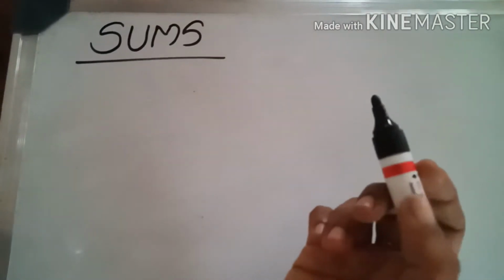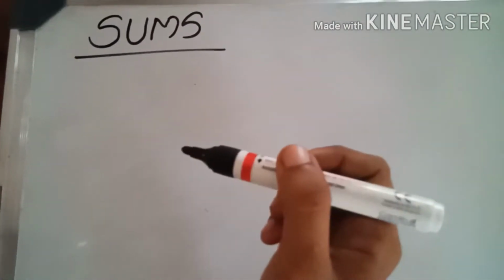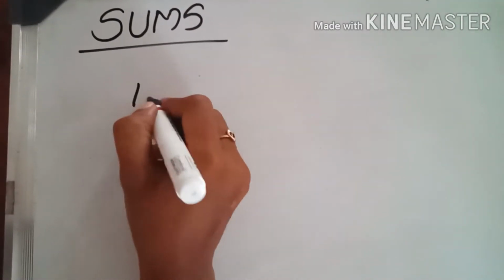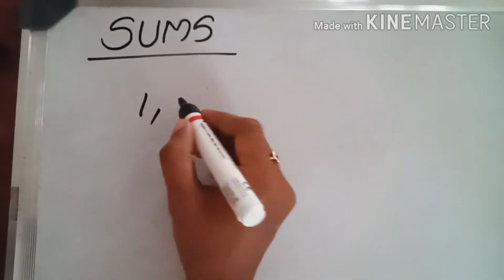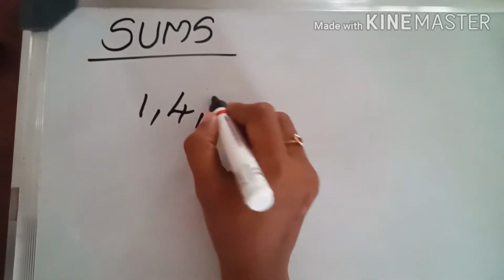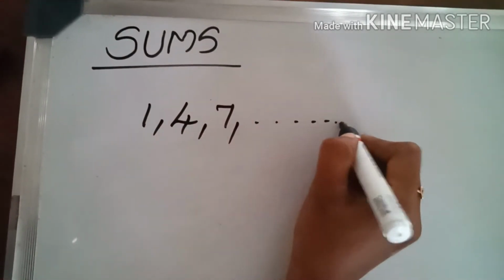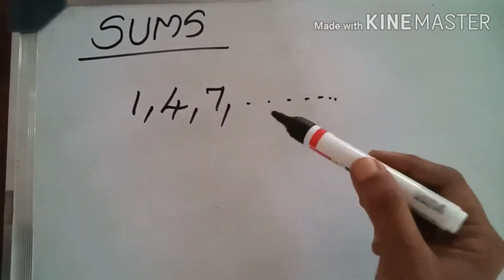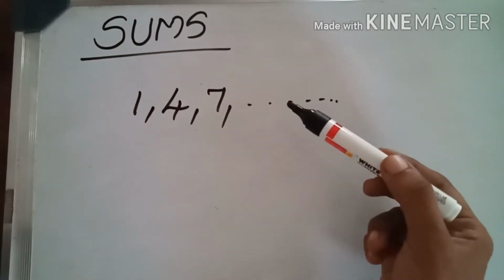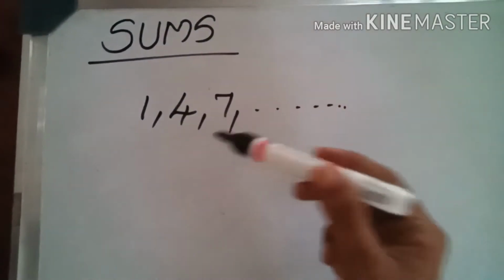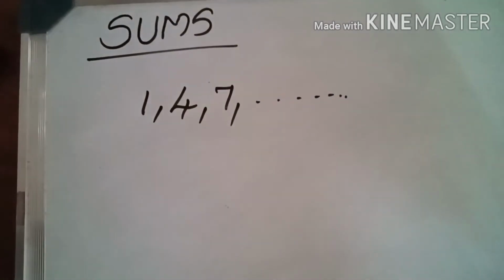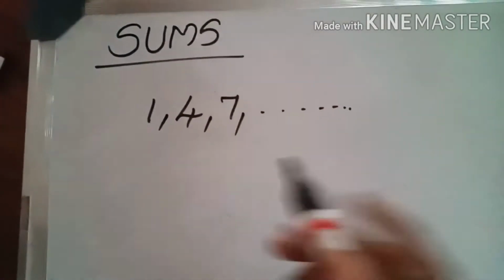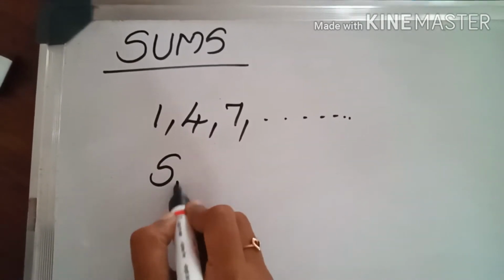Let's consider an arithmetic sequence other than natural numbers, even numbers or odd numbers. For example, start with 1. Common difference is 3. So 1 plus 3 is 4, 4 plus 3 is 7, etc. This is an arithmetic sequence, but it is not a natural number sequence, not an even number sequence, not an odd number sequence. Simply an arithmetic sequence with a common difference 3. In this case, the equation is different. This is a general equation.